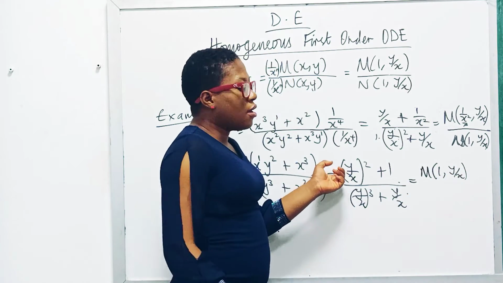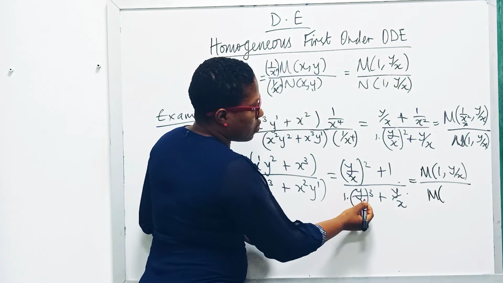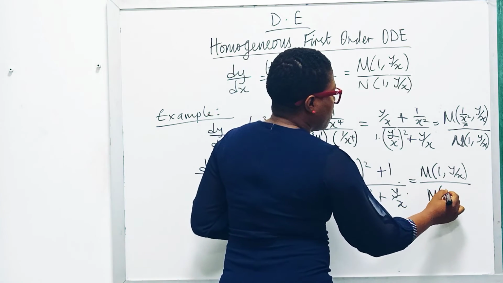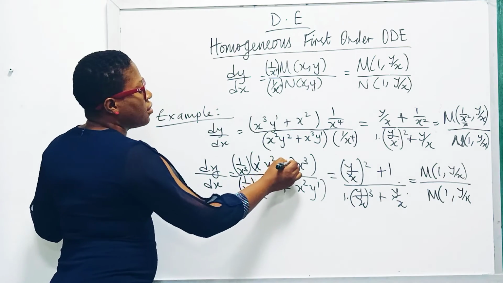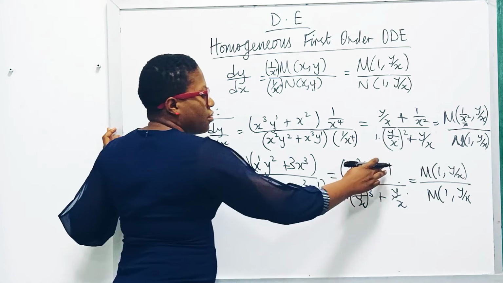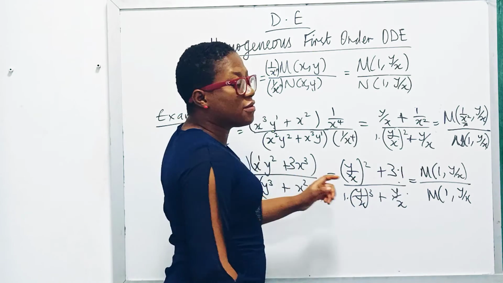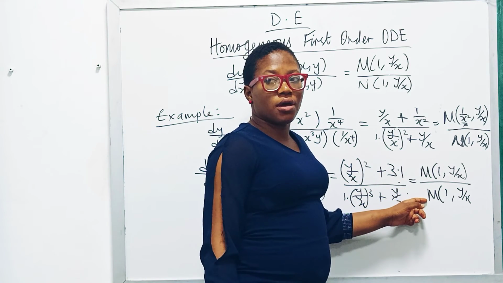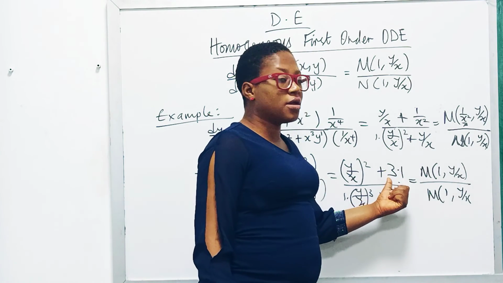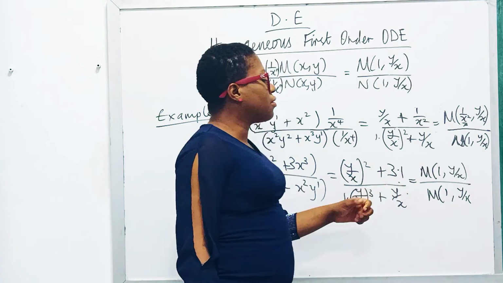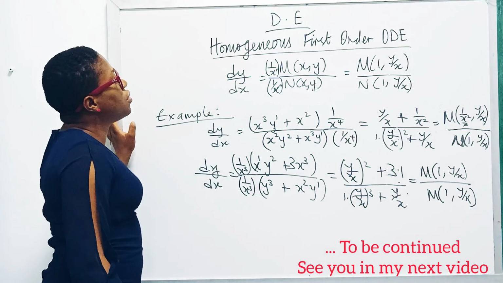Are you seeing it? And then the bottom is a function of, you can still say, 1 comma y over x, okay? Even if I had maybe 3 times x squared, this is 3, this is still 3 times 1. It is still homogeneous. Okay? Do you understand? Because it's a constant coefficient. Now to solve homogeneous first order equation,